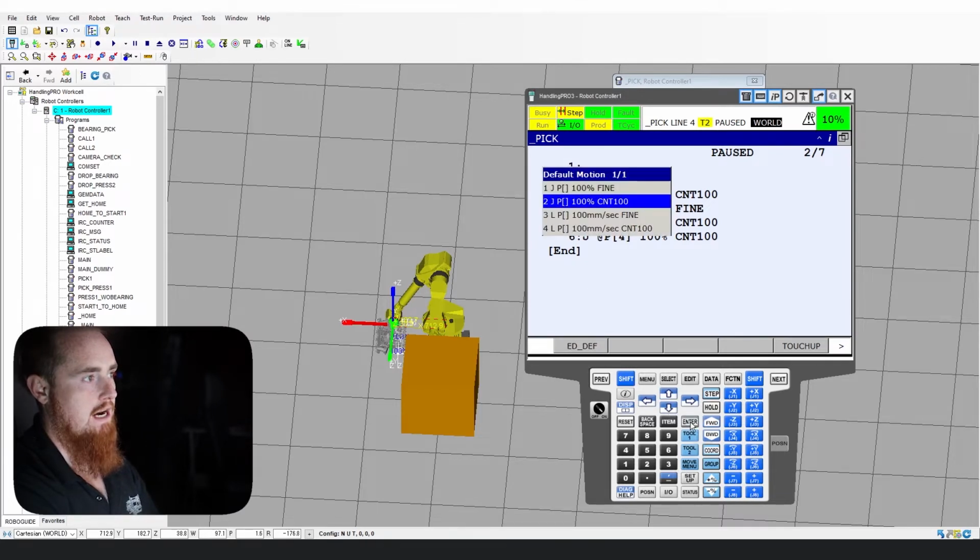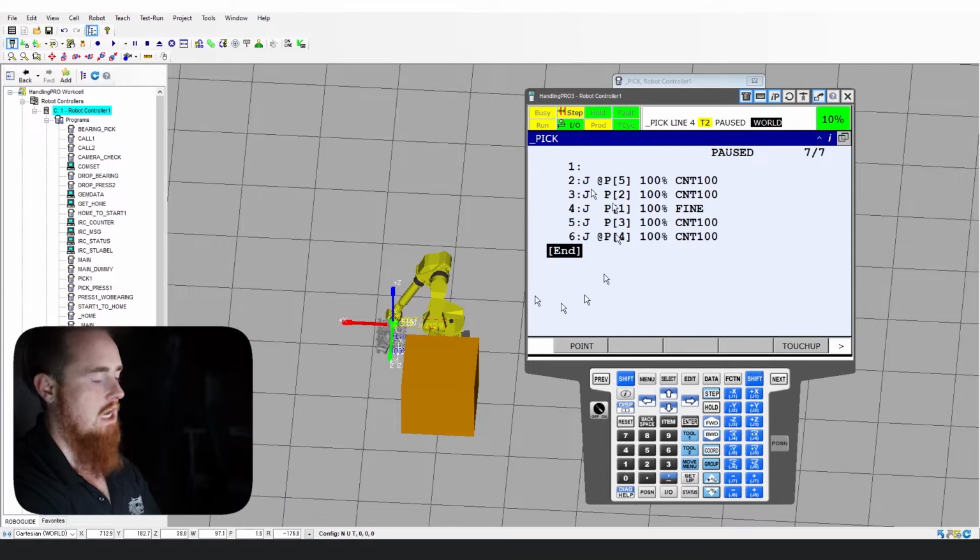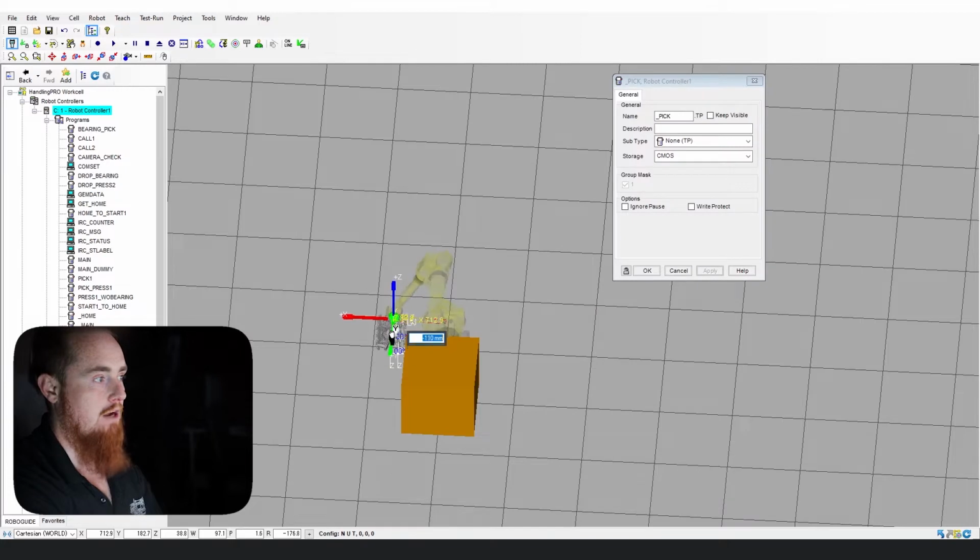Now this position right here might be taught in this type of method. It's kind of hard for me to explain this without explaining this, but you'll just have to subscribe and see the future videos. Another way, so in RoboGuide, you can grab and manipulate this robot is by grabbing its coordinate